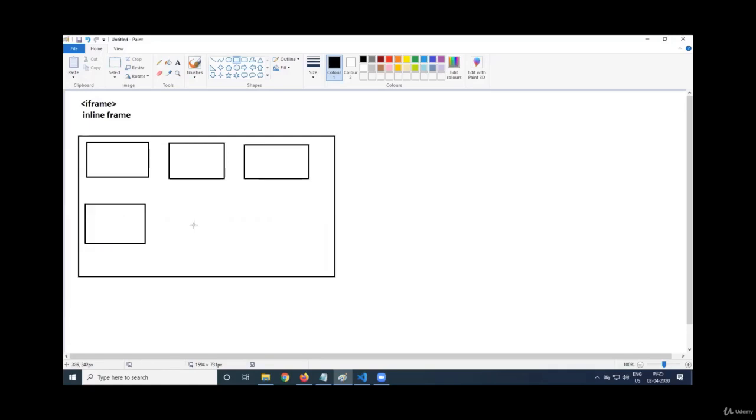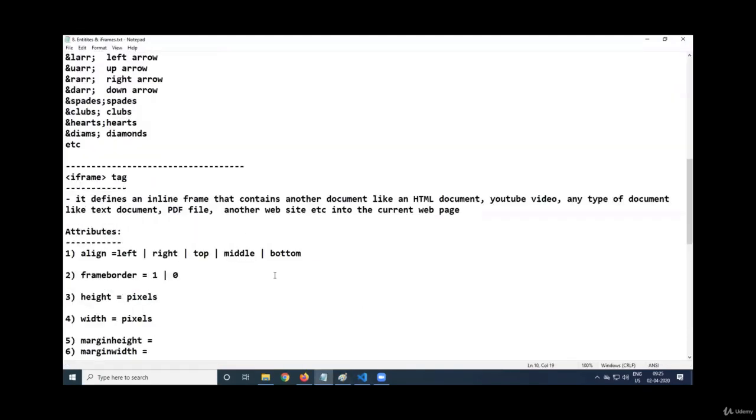or I want to keep another website in my web page, another software IT web page, or a Google site, for that purpose we use iframe. So inline frame, what is the purpose?